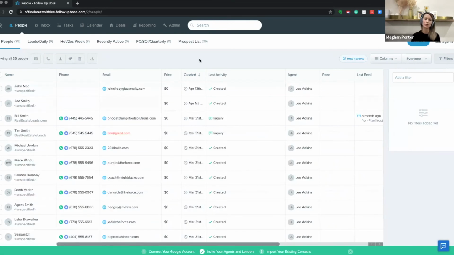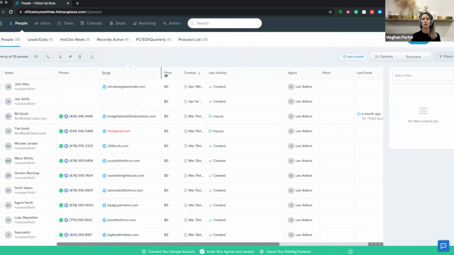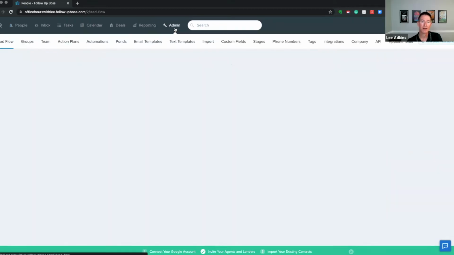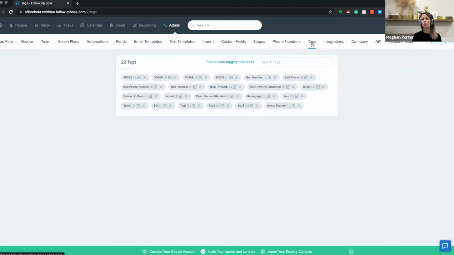So by all means, also if you go onto that tag screen, sometimes it does happen on a team where you'll have duplicates. You can see bad phone here, bad number, but that's a great example.